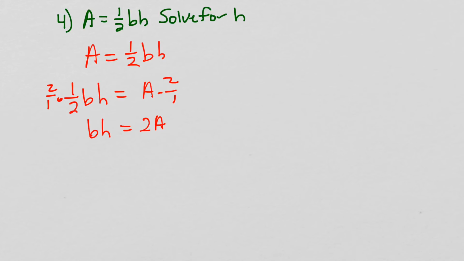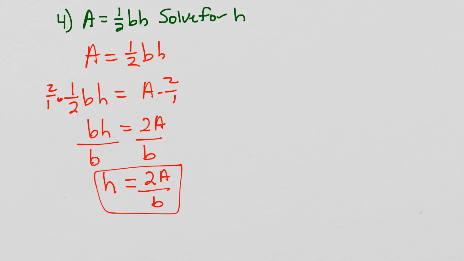I'm solving for h. So what math operation is the b doing? It's multiplying. So the opposite of multiplying is dividing. I'm going to divide both sides by b, so h is equal to 2A divided by b. Now I'm also going to solve